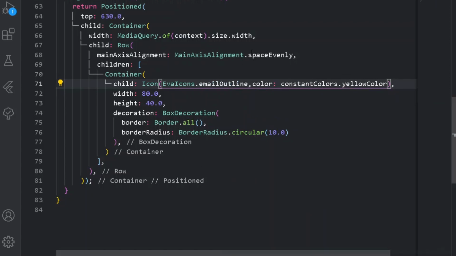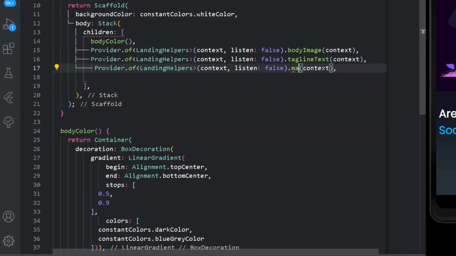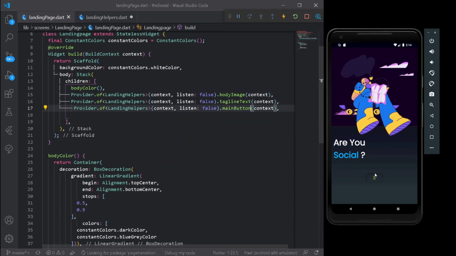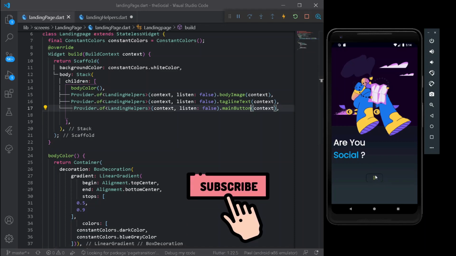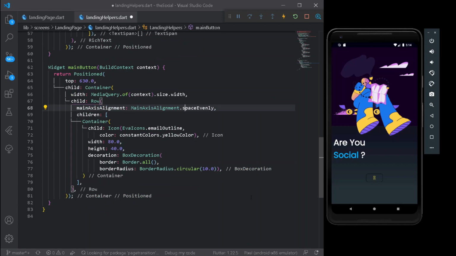Alright, so let's test it up. I can simply go under my main provider class, that is my main landing page, and here let's have our main buttons. Let's test it up. Alright, we have our button here. Now you may observe it is looking crossed because we need to simply re-render our entire application once, so that the external dependency shall be carrying up.